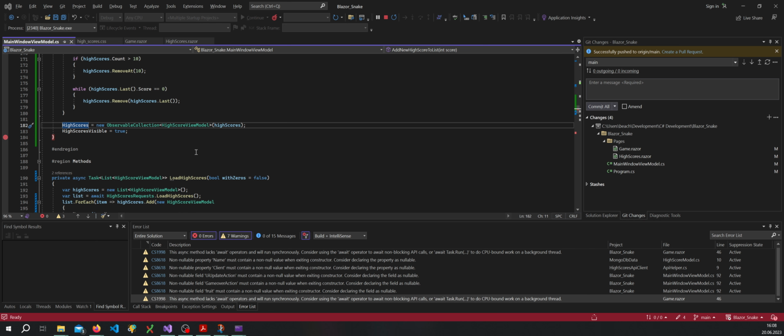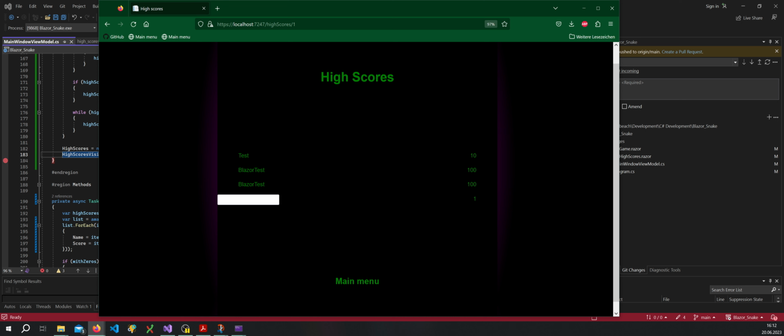Okay, yeah, I restarted it and I didn't change one thing, but running with OBS, recording this, it just slows down my machine so much that it doesn't really work altogether. But anyway, the scores are loaded, and here is the input box for our new high score, which we can now edit, and then we could save by leaving this. So let's